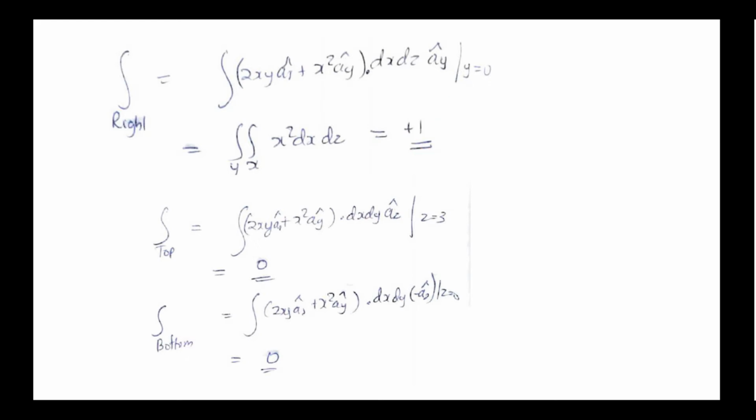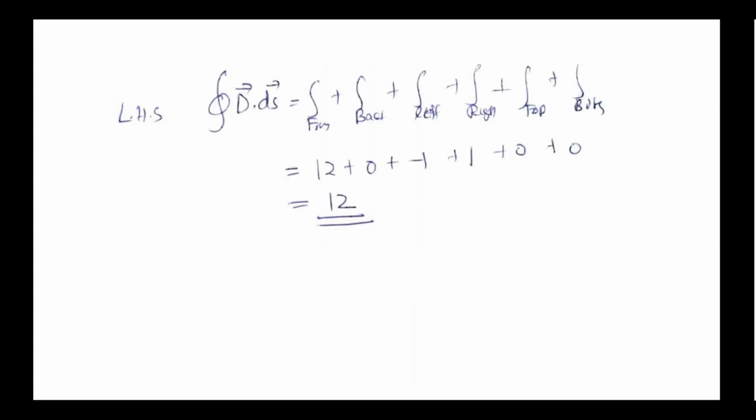Now the top integral as well as the bottom integral are easy to evaluate, because top means az direction, so dx dy az cap, and az dot ax is 0, az dot ay is 0, so the dot products will become 0, no need of putting z equal to 3, so the value is 0. Bottom also the same, minus az, only minus will come, so equal to 0, since this is perpendicular to both of them, so there is no z component, and the value will be 0.